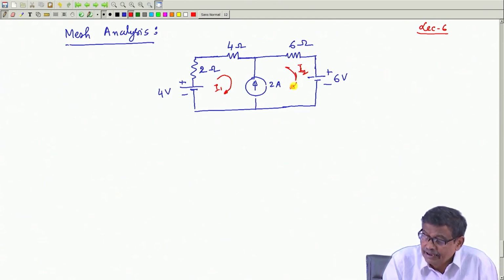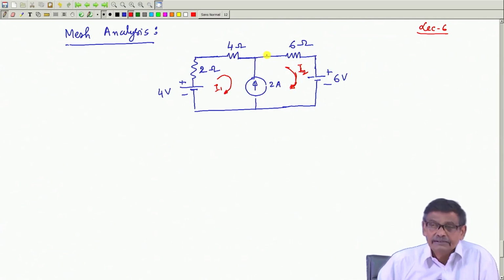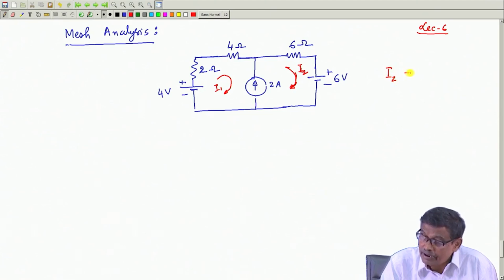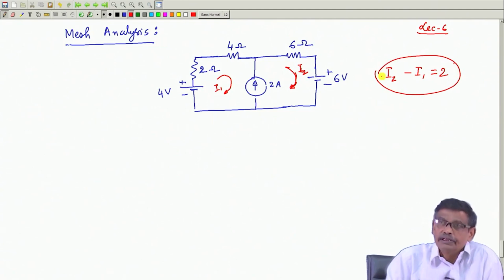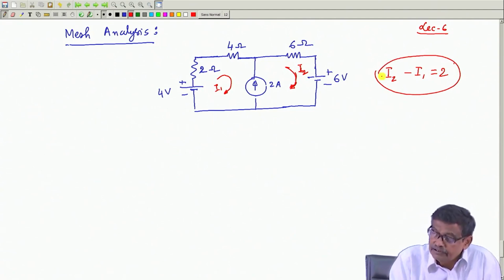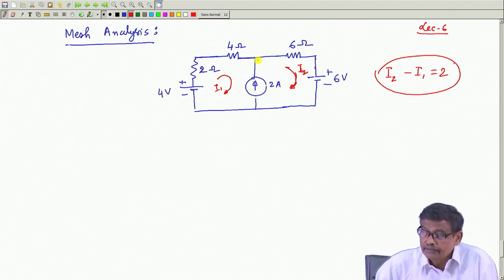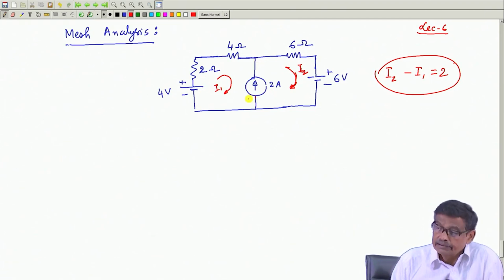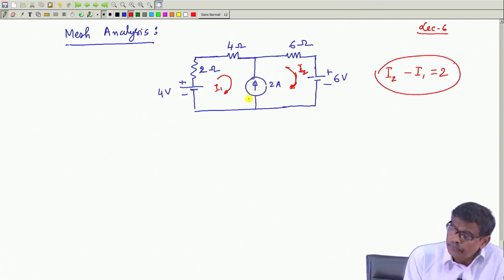Unfortunately, here I cannot say I 2 is 2 ampere in this branch. But about one thing I am sure, the current in this branch, because of these assumptions of the mesh currents, is true: I 2 minus I 1 is equal to 2. This is definitely true, has to be, because in this branch the current is fixed, a current source is present. So, what do I do then if I want to apply mesh analysis? As I told you that